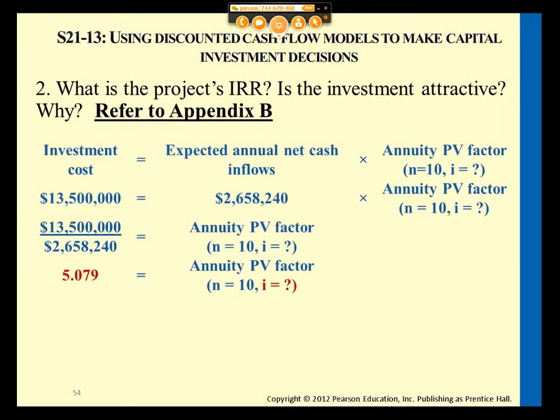So if in our second question I need to find the investment cost, I know this, right? I expect net cash inflow and my PV factor. So just as the formula states, I'm going to take my expected annual net cash inflow, right? I divide my investment cost by the expected annual net cash inflow. Now I see this annuity PV factor. Right? What I'm going to do,